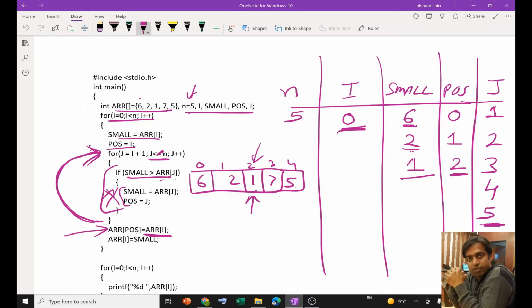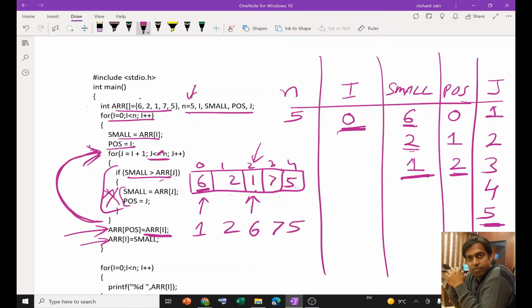Array POS is equals to array I, meaning this array 0. So I put 6 over here, and then array I is equals to small. Array I means this one, so it is equals to small, which is 1, so I put 1 over here, and all the remaining values remain the same.